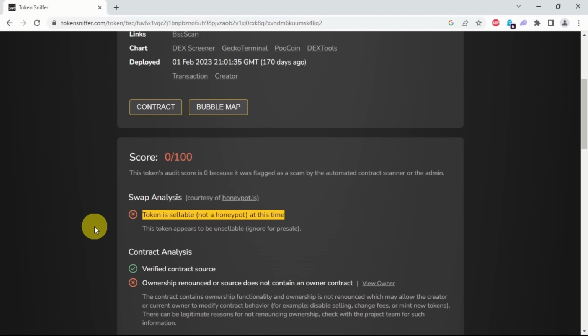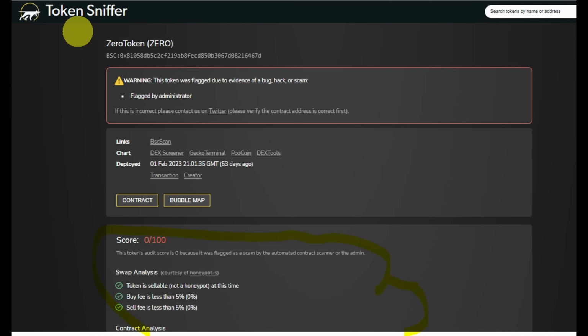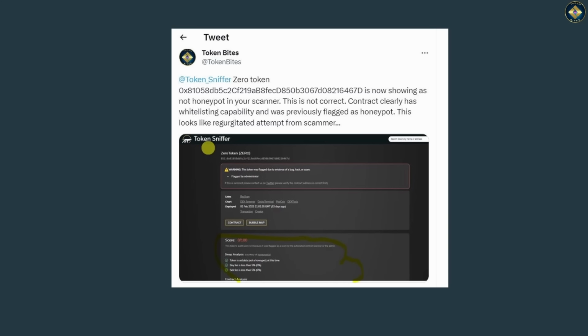However, recently, less than a month since it had been flagged as a scam, these tokens were active again, except that now they were not showing up as a honeypot. When I checked the smart contract, I could still see the honeypot code in the contract, except that the scammers have hard-coded the ability to switch on and off the honeypot code. So to trick the contract scanners, they enabled and simulated some selling. But you can see how this is dangerous and can get overwhelming for beginners. This is why I showed you all 5 steps, so you are not only relying on contract scanners. I reported this at the time, but let's see what happens.